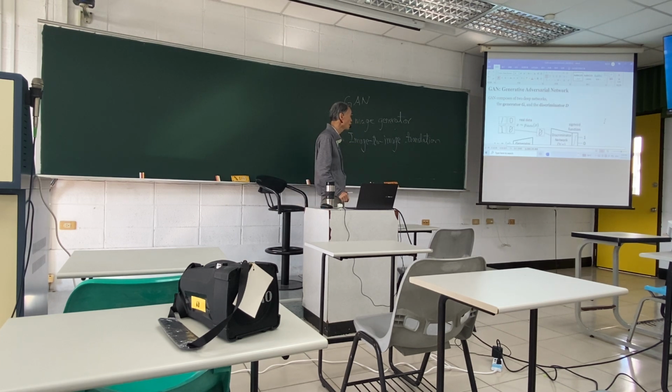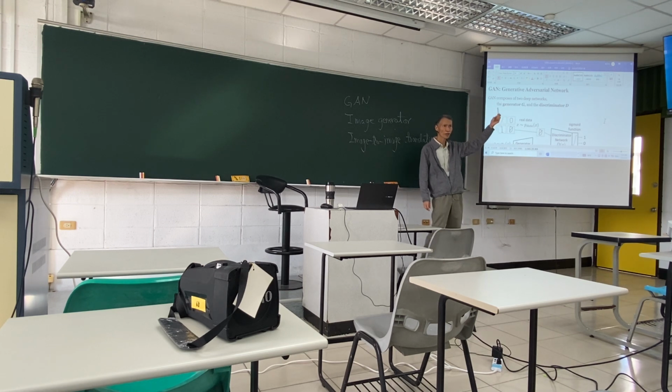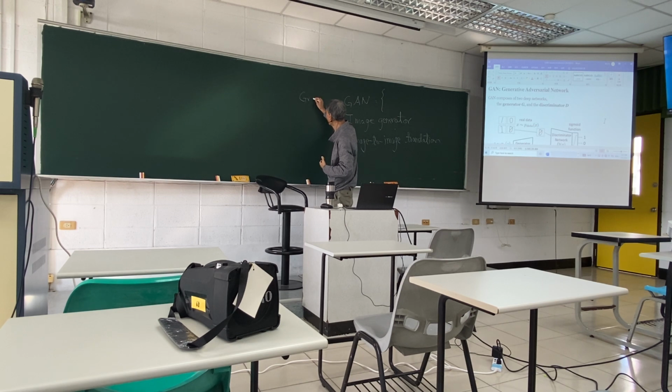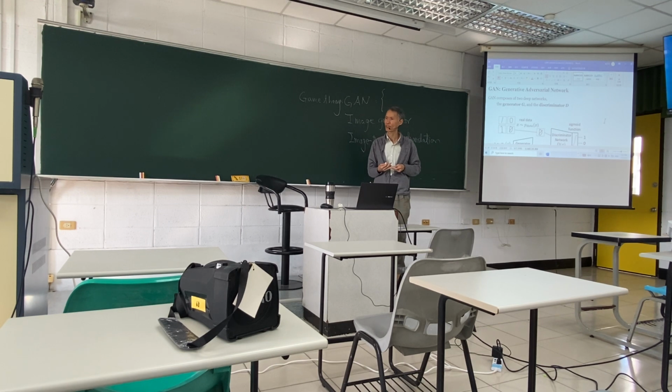Anyway, let's go back to GAN. Generative adversarial network. You can think of this as game theory. There are two players, and each one tries to win over the other, so they have to think of a lot of strategy. Even in baseball, the pitcher and the hitter, they think,